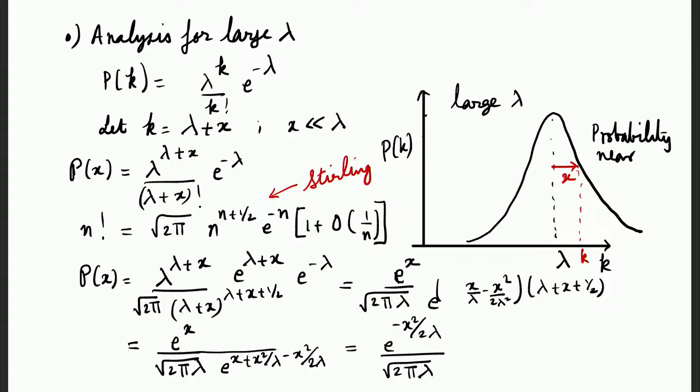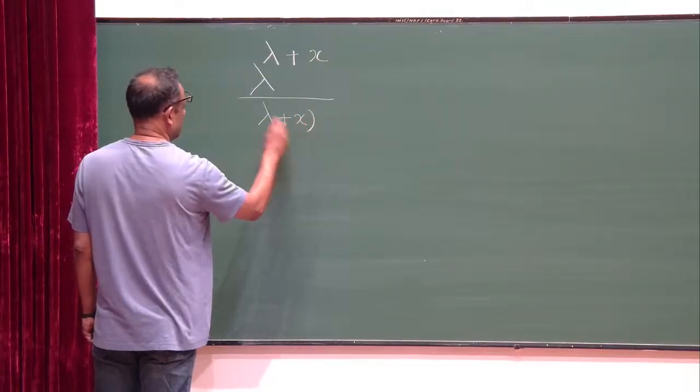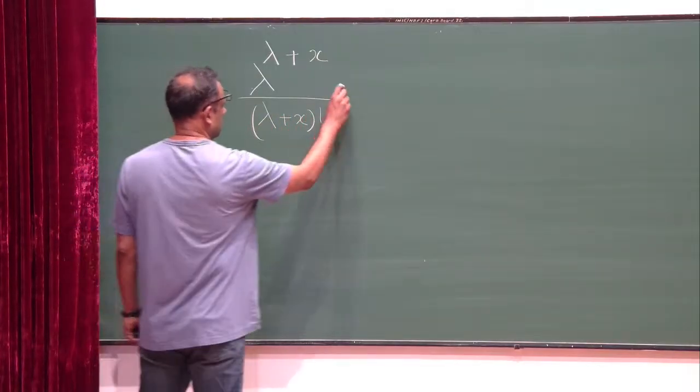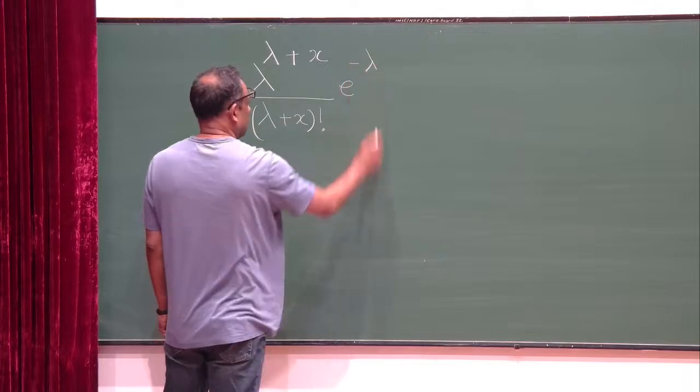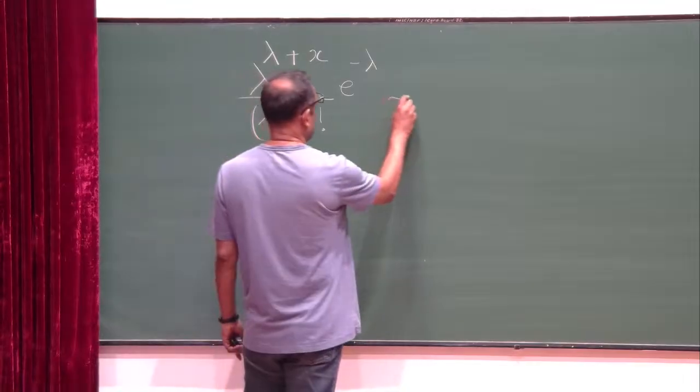Oh, I skipped one more step. Maybe I should do this on the board. Can you see if I write here? If I write a bit bigger: lambda to the power lambda plus x by e to the minus lambda. I am using Stirling's approximation for this one. So, this is roughly equal to